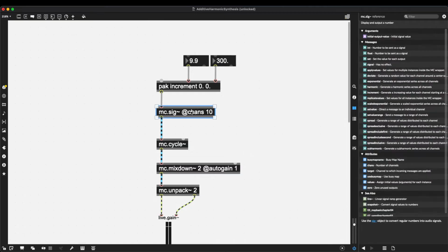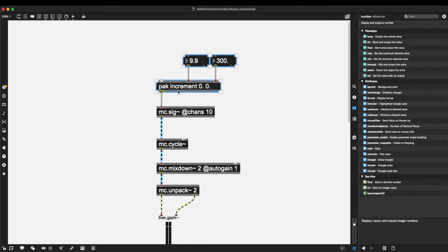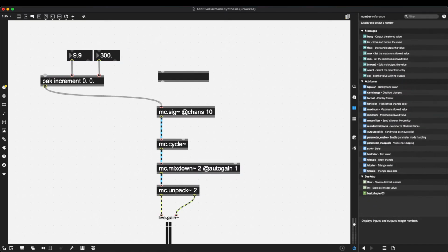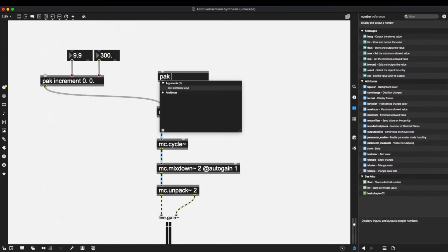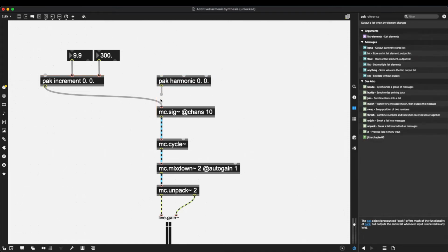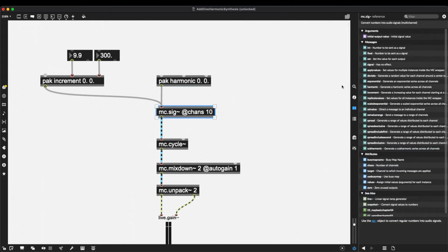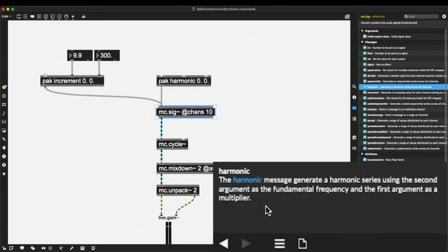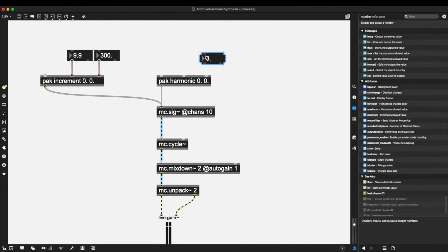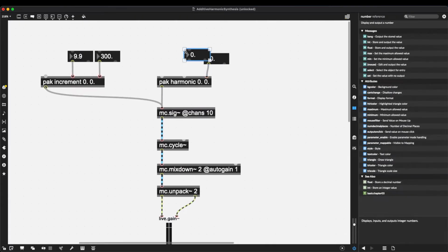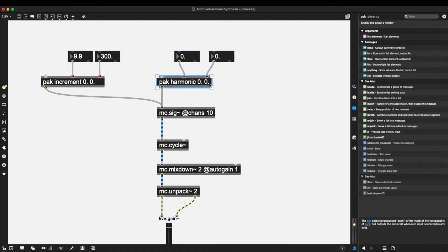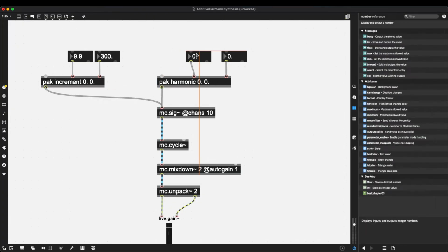But let's also look at the harmonic message. I'm more interested in that for the purposes of this video. So I'm going to create another pack object, pack harmonic 0 0. Now let's see what the reference has to say about the harmonic message. The harmonic message generates a harmonic series using the second argument as a fundamental frequency and the first argument as a multiplier. So again, it's the same logic, right? We use the second value, the second number, as our starting point. So let's say we start with